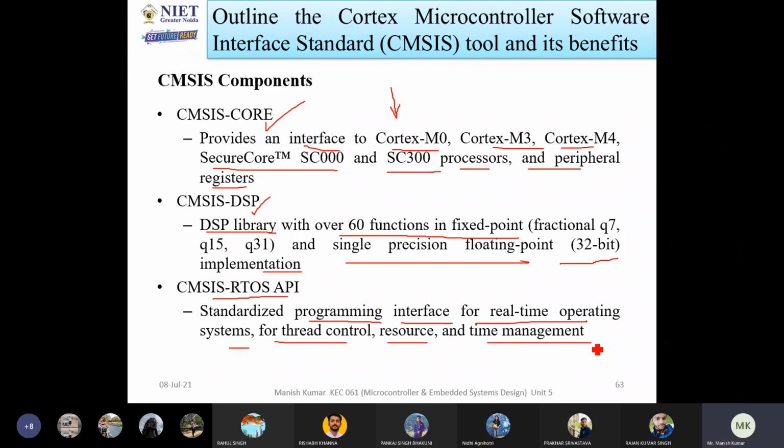This real-time operating system is able to control different types of threads or tasks, and also the resources available in it. It will also manage the time, at what time which thread will do the job. So these are the important things controlled by the CMSIS-RTOS API.